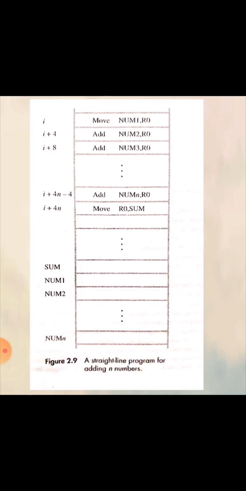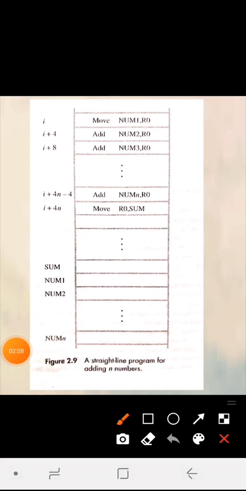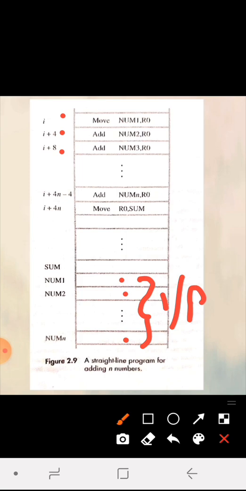So there we have taken only the two numbers A and B. We tried to add them and store the result in C. Now the same operation we are doing for n numbers, and we are using the addition instruction repeatedly. You can see here the program is written. So all the addressing has been shown: I plus 4, I plus 8. It will keep on going. So num1, num2 till numN are nothing but your data, nothing but input. Whatever input you want to give, you can store here, and this is the place where you can store the final result.